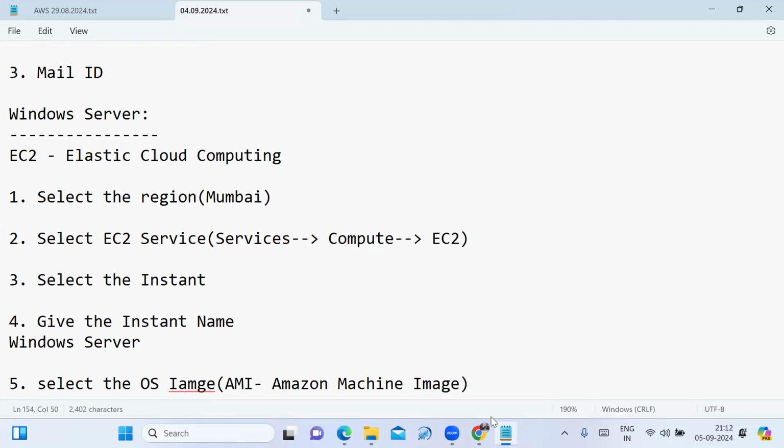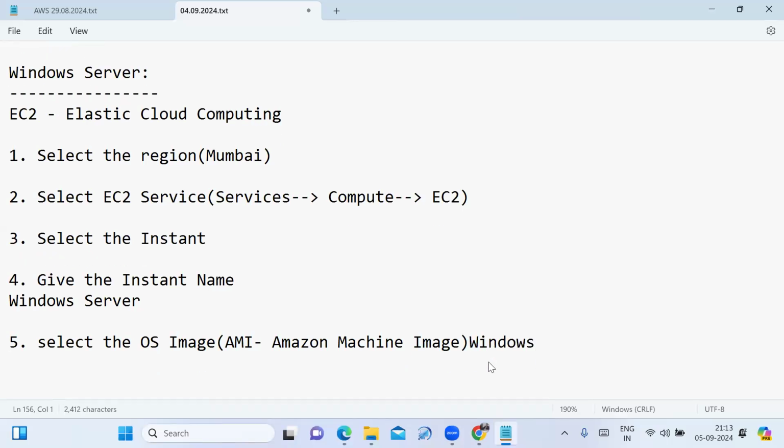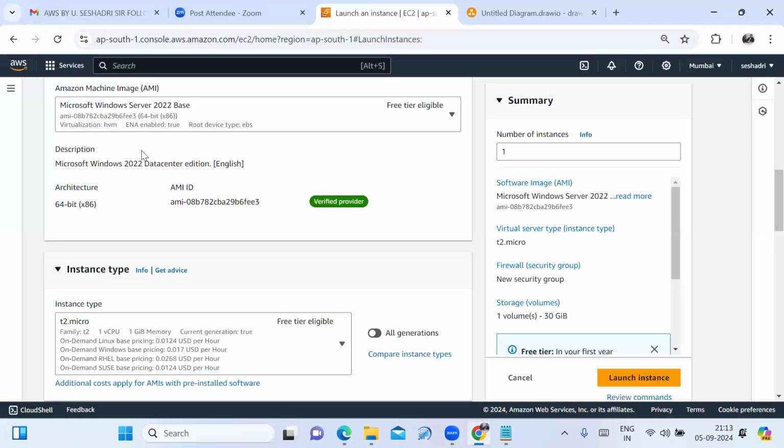It's a template which contains the operating system and applications that are included in your machine. Which operating system am I selecting? Windows, friends, because I am launching the Windows server.